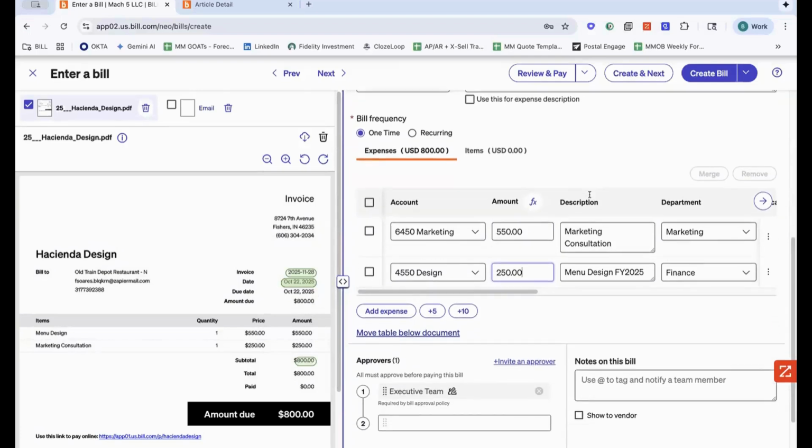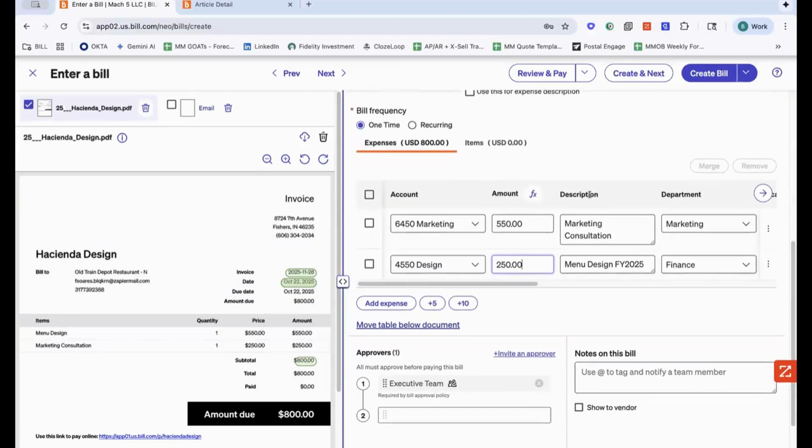We also have the ability to auto route the invoice for approval. So you'll see right here, it's currently being sent to the executive team, which is a group of people. It'll be pushed out, and only one of them will need to approve the bill to move it to the next step. Now, if I go up here and I change marketing to catering, you'll notice that it automatically updates